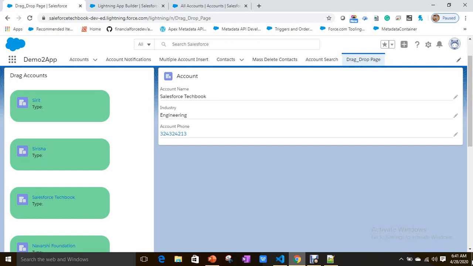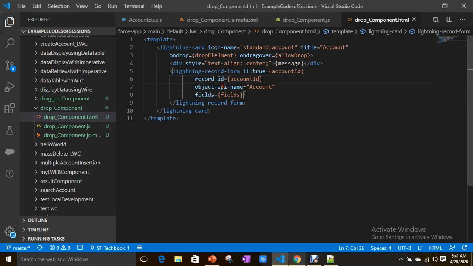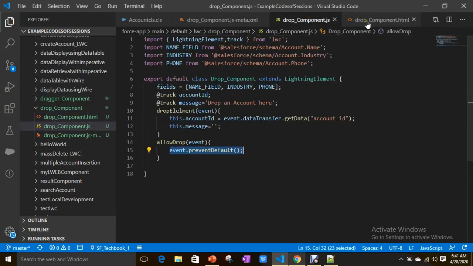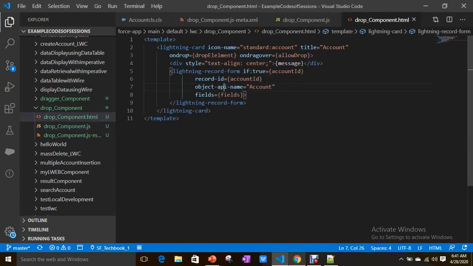I'll show you the events, I think it will be helpful. On the drop component, on drag over is there, and on drag over event we are using allow drop to use the prevent default method.